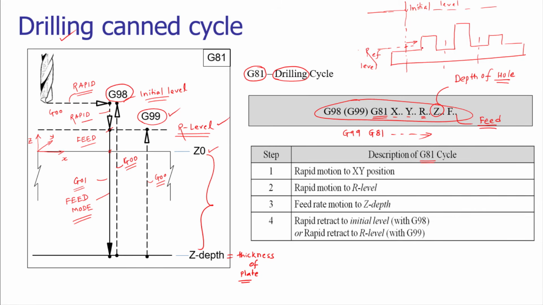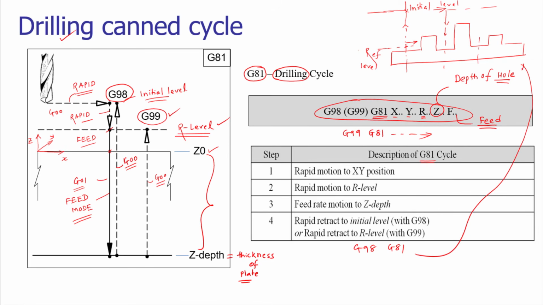So for such a thing, we are asking the tool to go to the initial position, that is the safest position, and then move to the next destination in this way. For such operations, when the geometry is not planar, we have to go to the initial level and then carry out the other operation. For that purpose, we are using G98. So we have to use G98 and G81 in the situation shown over here.